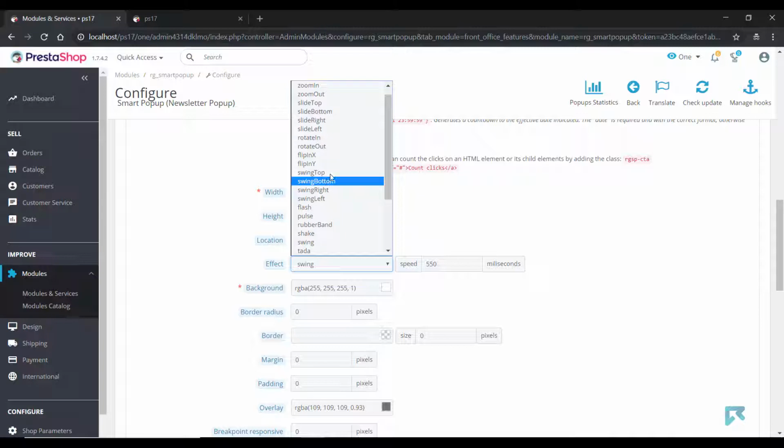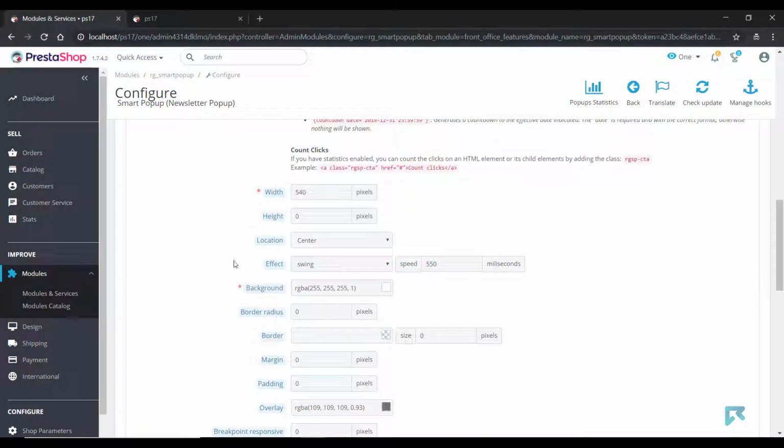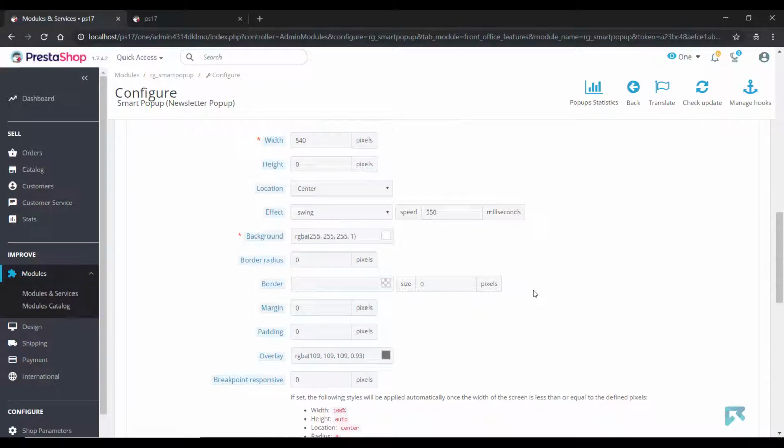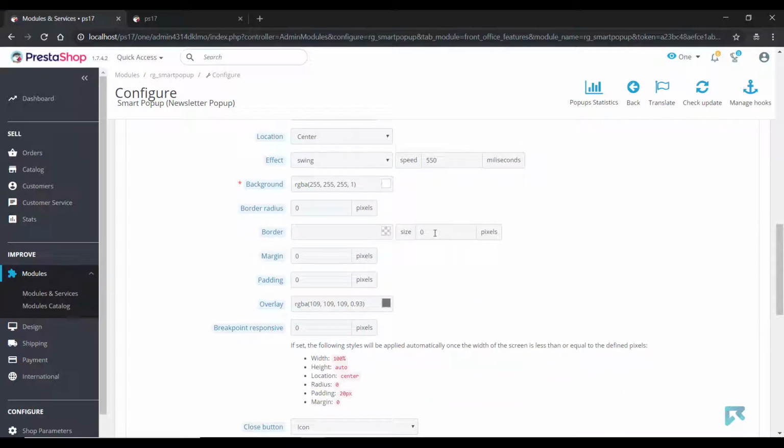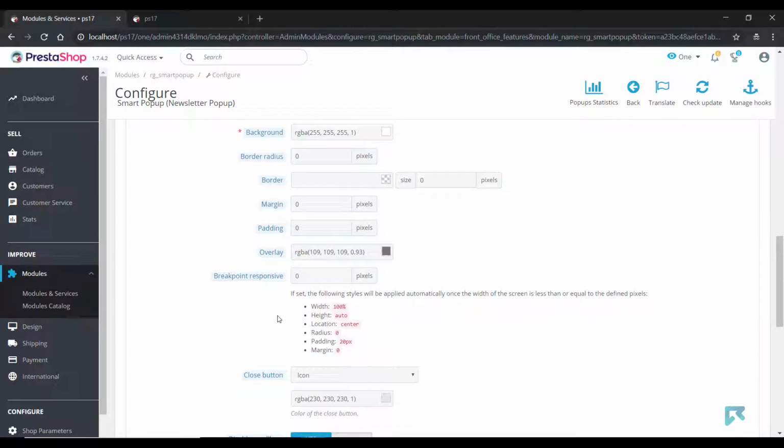The module comes with a large array of intro effects for the pop-up. In fields in which colors are involved, the module allows you to choose from a palette or simply type the hexadecimal.